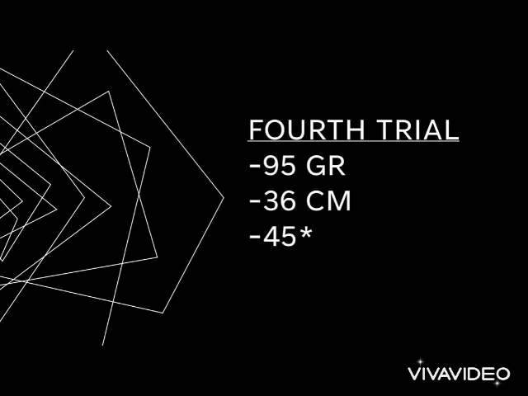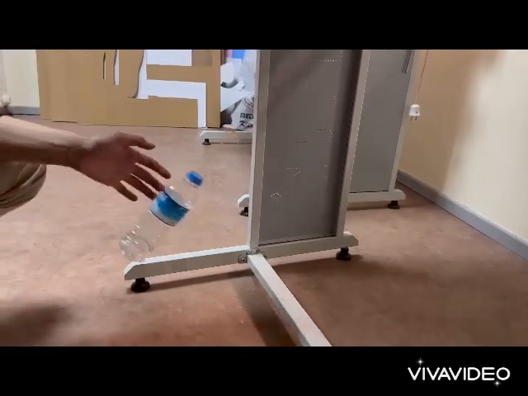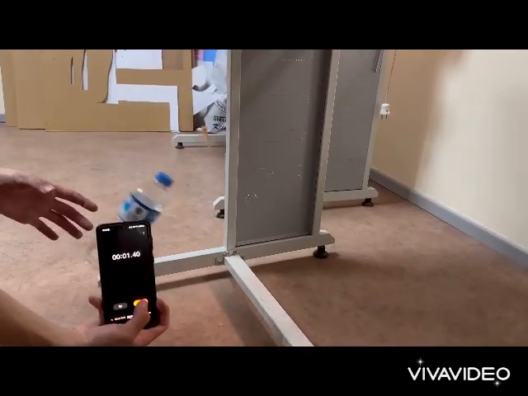And this is my fourth and last trial. As you can see, I changed the release angle and I didn't expect the period to change, but it decreased 10 milliseconds. It was 1.66 seconds in the third trial. Now it's 1.56 seconds. Because of the human factor, I guess, I couldn't reach my goal.